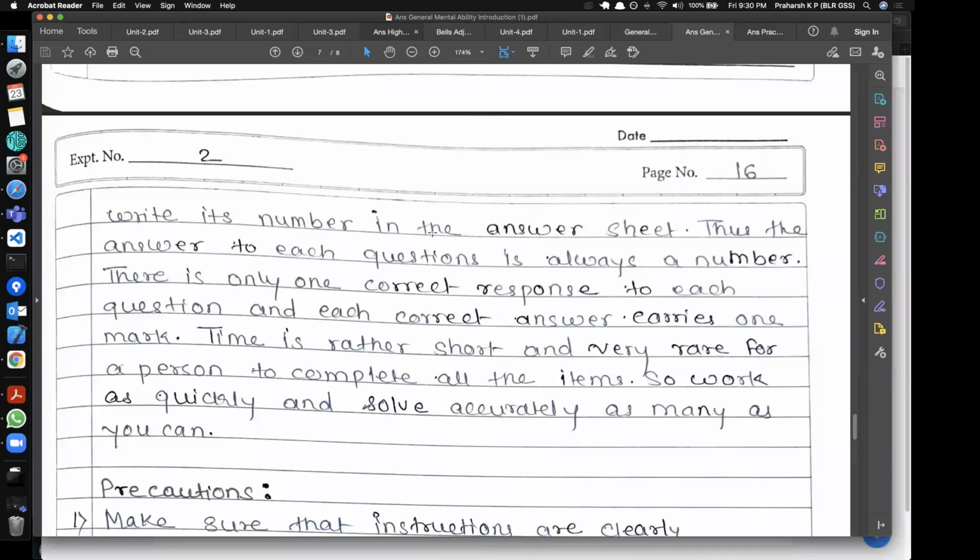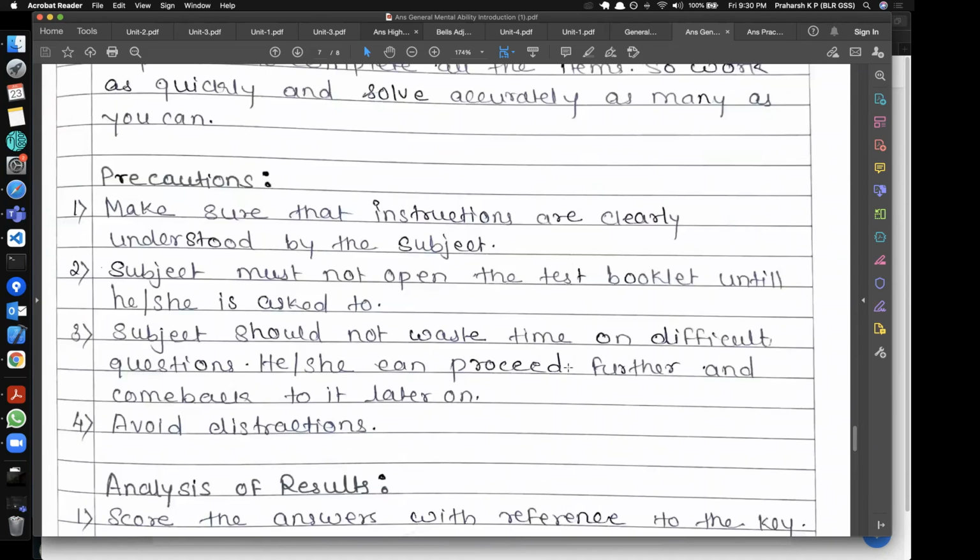Number two is the language for this kind of test is going to be as simple as possible, so that language specific skills will not change your GMA score. Time is too less for you to think over a single question. Number two, the language is found to be very simple, but no matter how simple it is, you have a very short period of time. If you cannot finish the test within that stipulated time, you are scored out of 100, but only for those answers that you've given,